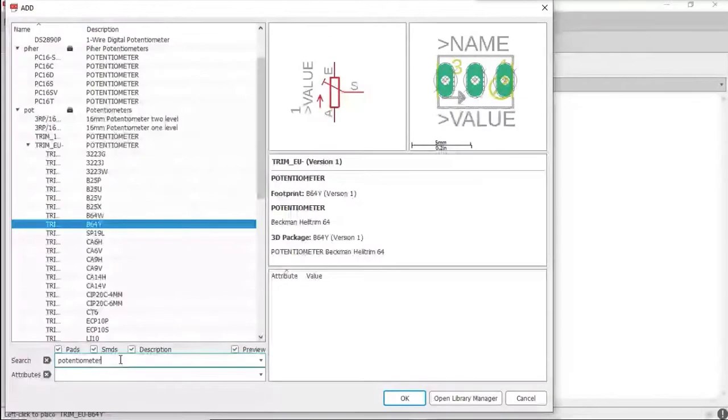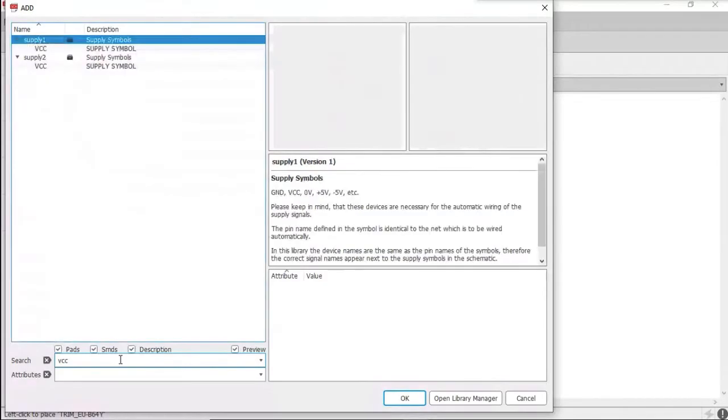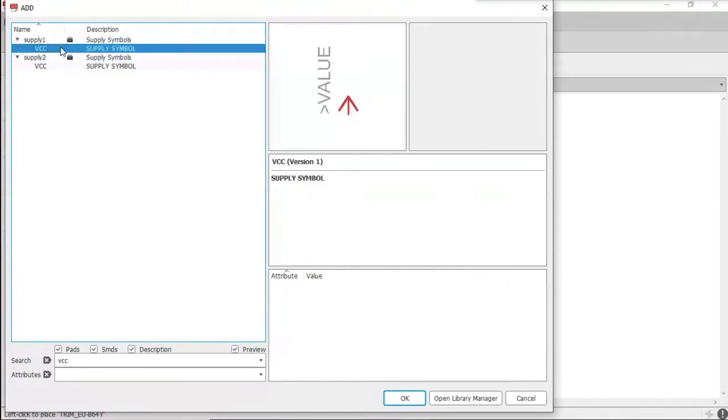After adding potentiometer, you need your power supply, that is VCC and ground. So just type VCC in the search option and click on enter. You will see two options, supply 1 and supply 2. Just click on the VCC under supply 1 and click on OK.